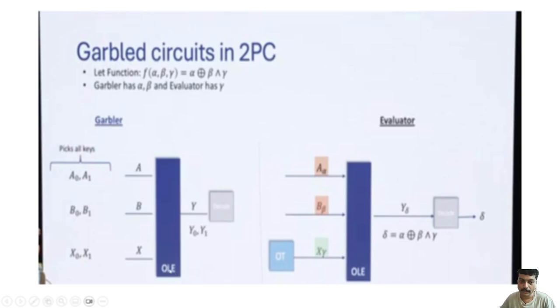But the OLE part, as I told you, the oblivious linear evaluation, needs to be done through this OT protocol, the oblivious transfer protocol, where the evaluator has to communicate, and then based on that they get the input, and based on that key and the inputs, all these calculations are done. So this is how the